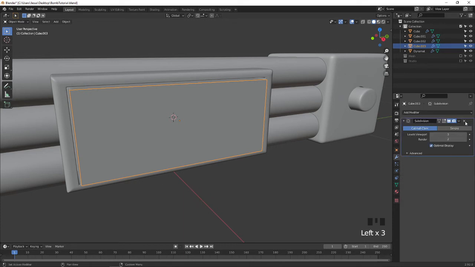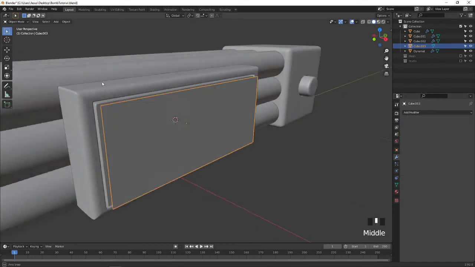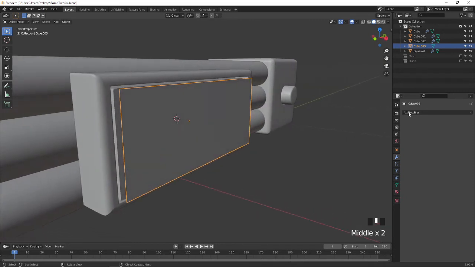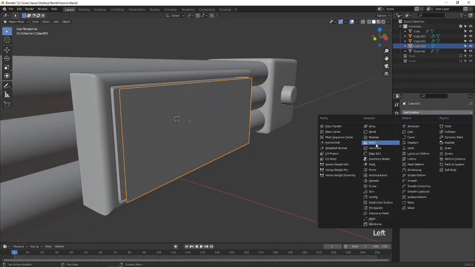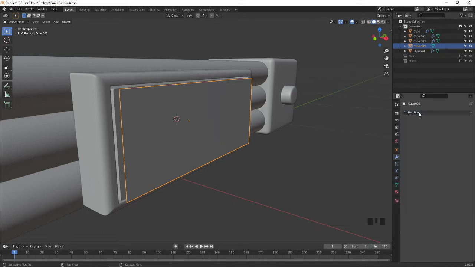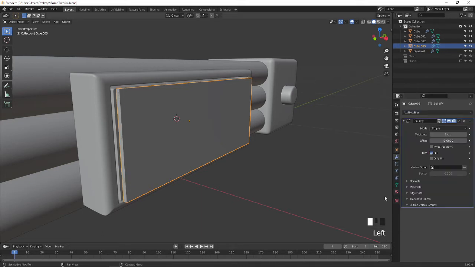Now go to the modifier, you can close this subdivision which is not required for us. Go to the modifier and add a solidify modifier.